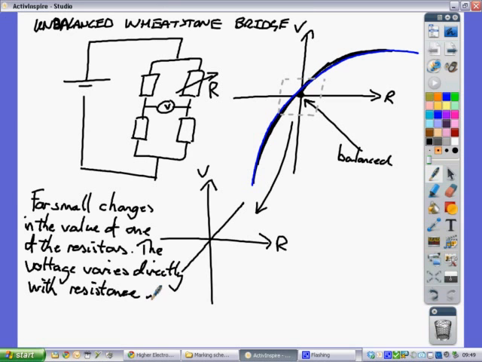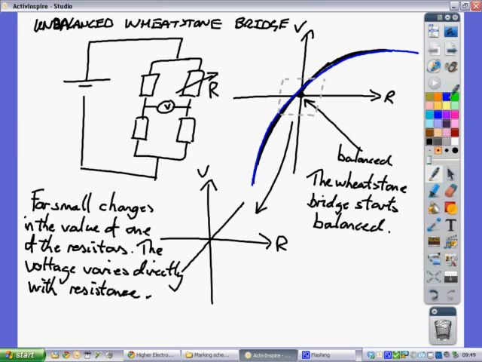So you start off with a balanced Wheatstone bridge. So let's write down also that the Wheatstone bridge starts balanced. Okay, so you start off with a balanced Wheatstone bridge, and for very small changes,